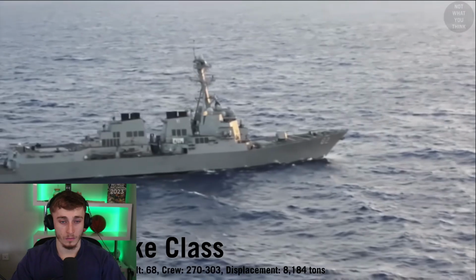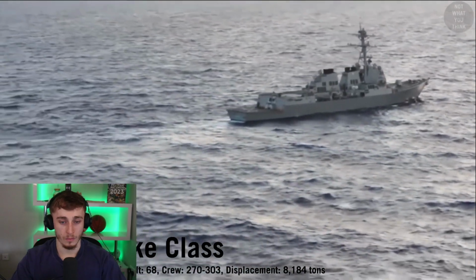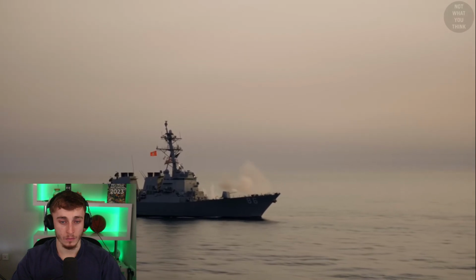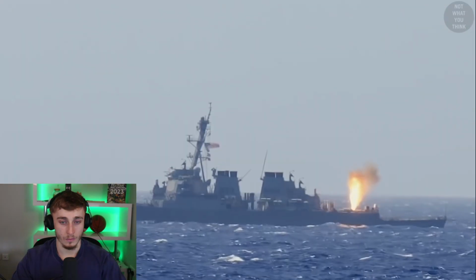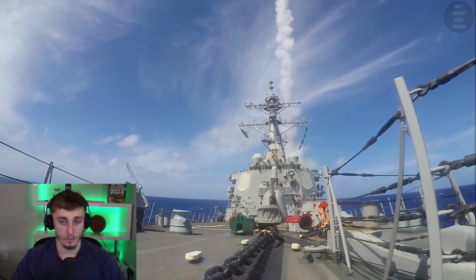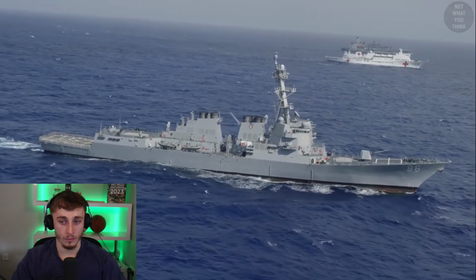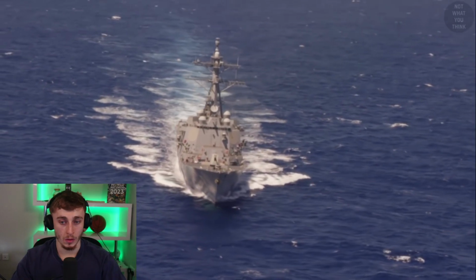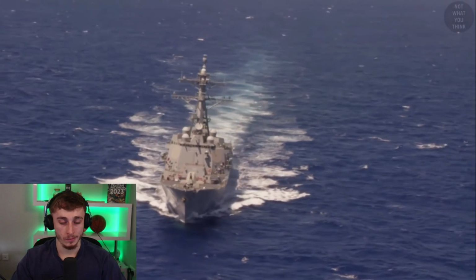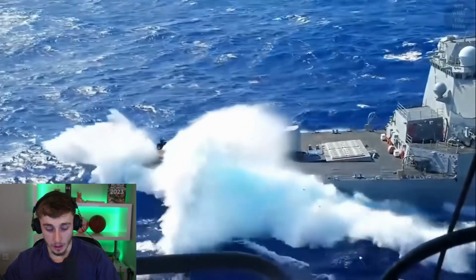Arleigh Burke is a true multi-mission destroyer. Built from 1988 all the way through to the present day, the class is capable of anti-submarine and anti-aircraft warfare, as well as engaging in land strikes. Arleigh Burke-class ships are about 20 feet shorter than the Spruance-class ships, but have a larger displacement due to a new hull design which has a wider bow. The ships are built entirely from steel, with the critical areas having double...